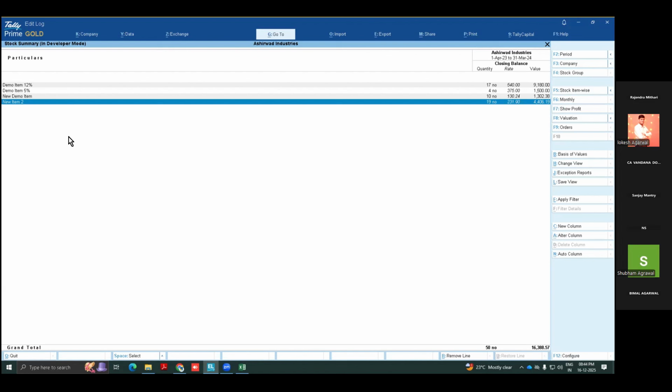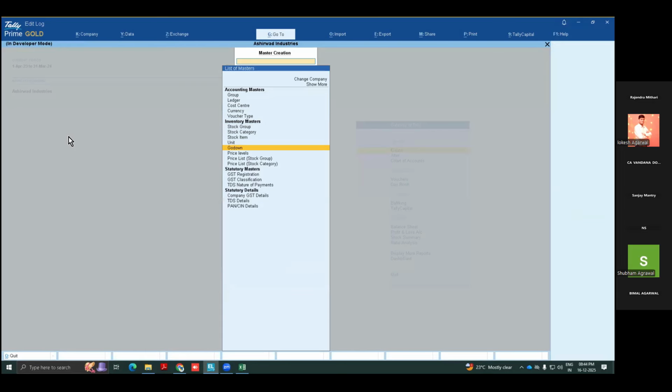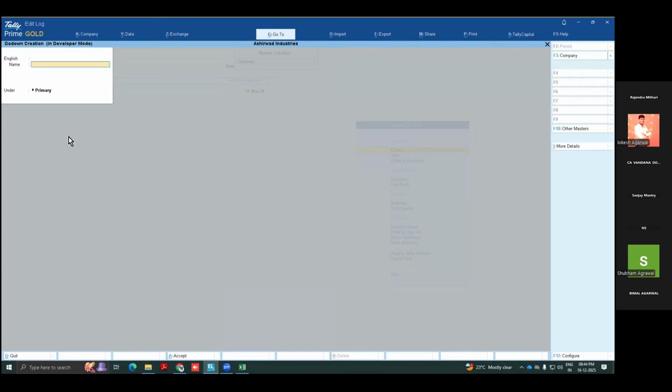So damaged material, or any purpose, job work purpose. There is a possibility that other parties are also sending me material on a temporary job work basis, and after 1 or 2 days they are taking it back. In that case, there is an option. I'm just showing you the option because it's not part of AS, but it is related to your valuation. So here you can create godowns, or obviously parties are created as a godown.